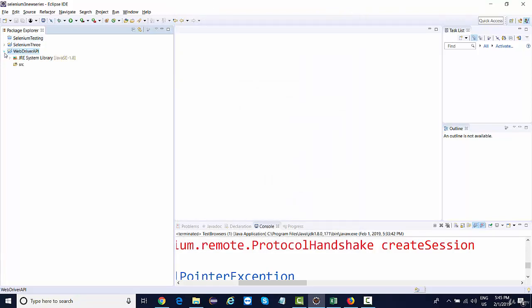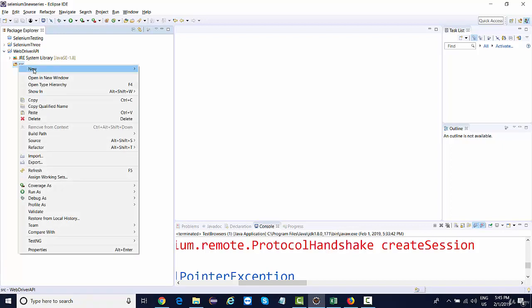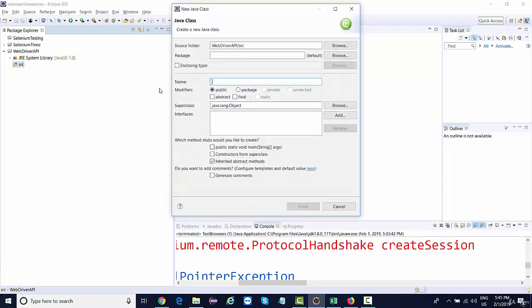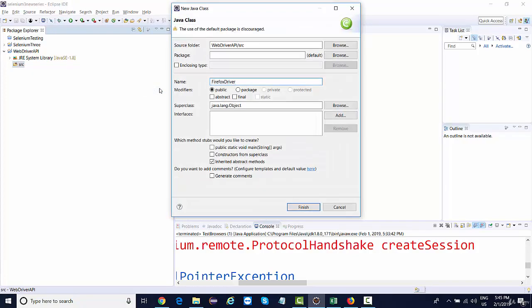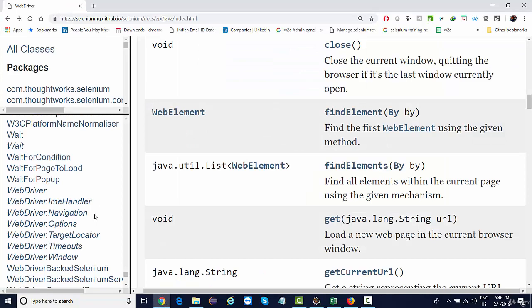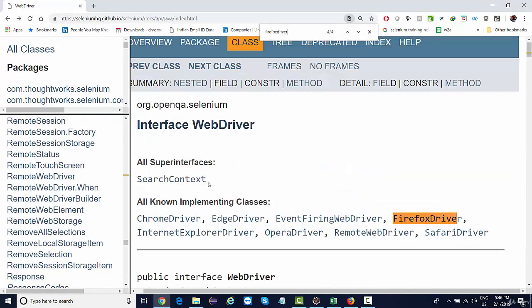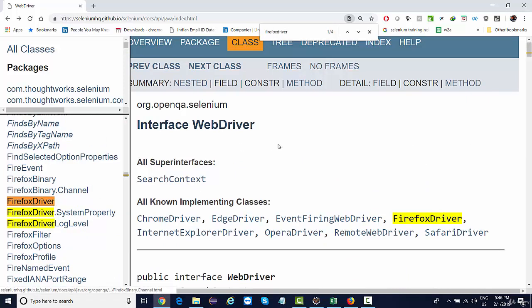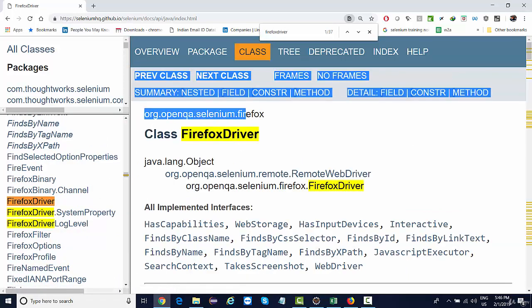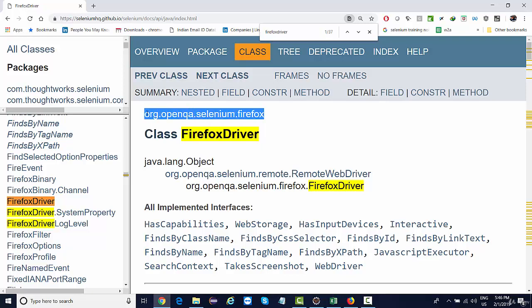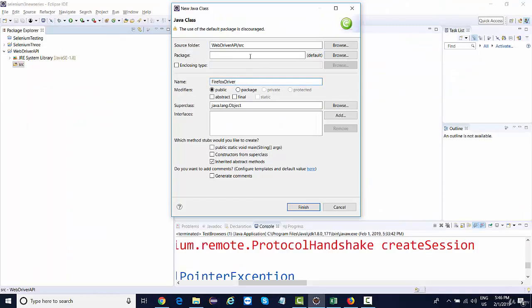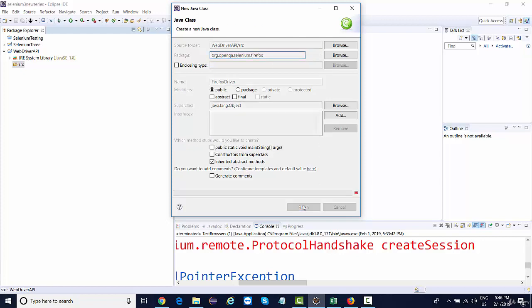So in the WebDriver API, what Simon Stewart has done is he has created different classes for every browser. If you want to work with Firefox, there's a class called FirefoxDriver, right? If you look over here, you'll find this class. Let's search for it, FirefoxDriver. There's the class. Now this class is inside a package. So they have created a package something like this, and package information can be provided over here. I'll click on finish. Now what are packages?